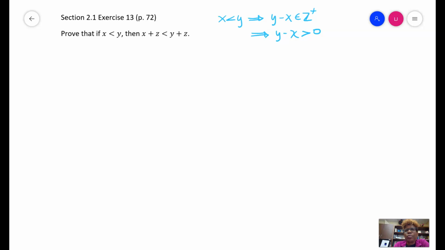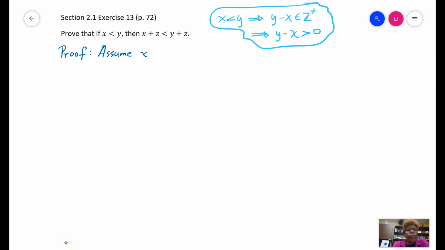So this is the information that we're going to use, or that we're going to assume, so that we can prove that x plus z is less than y plus z. So to begin our proof, we're going to assume that x is less than y. Then we're going to go directly and say, well, that means that y minus x is greater than 0. So let's look at this more closely. What does that mean? That means that y minus x is greater than 0